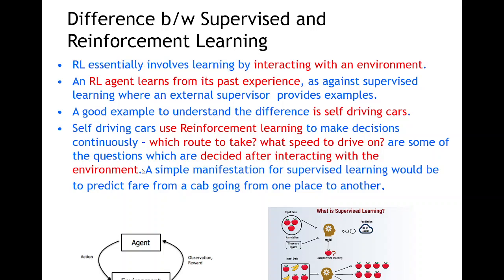If I give you the same example for simple supervised learning, the simplest example could be where you want to predict the fare of a cab going from one place to another. So this is a kind of supervised learning, but choosing a route or the speed of the driver based on the environment where it is moving is an example of reinforcement learning. Okay, so